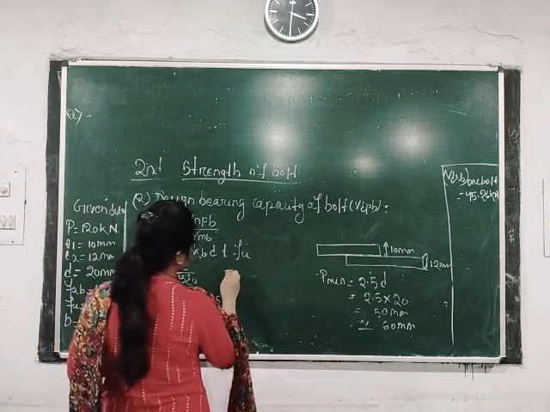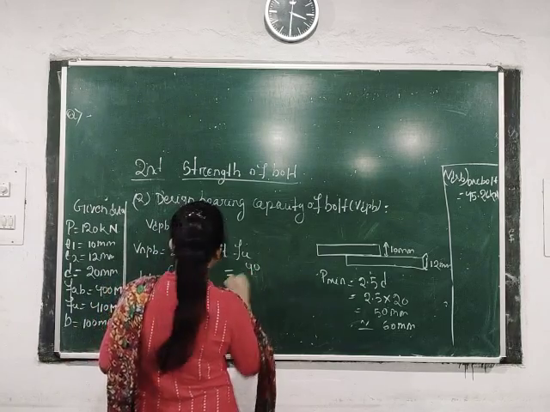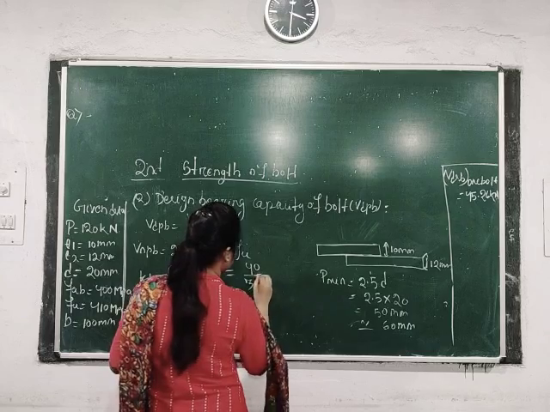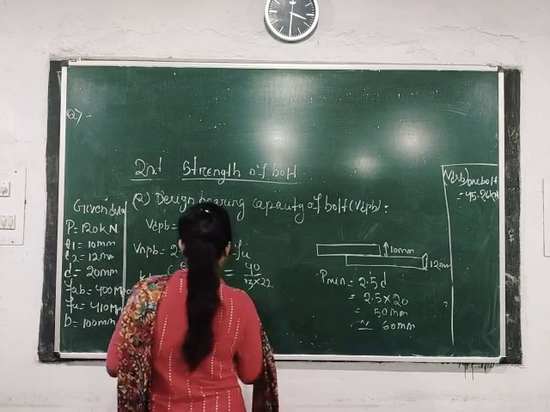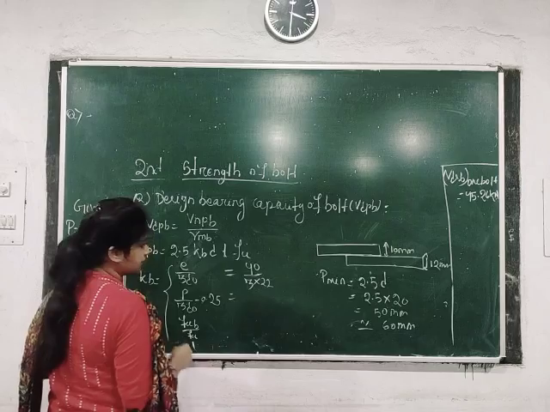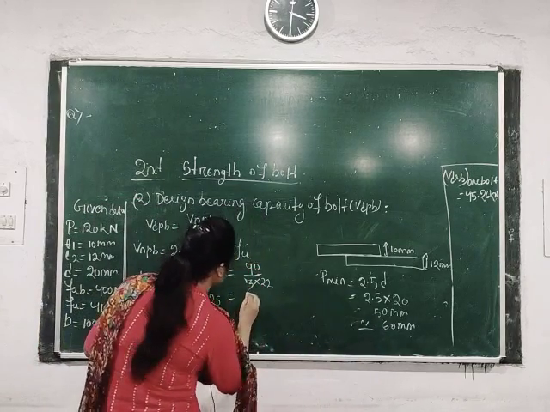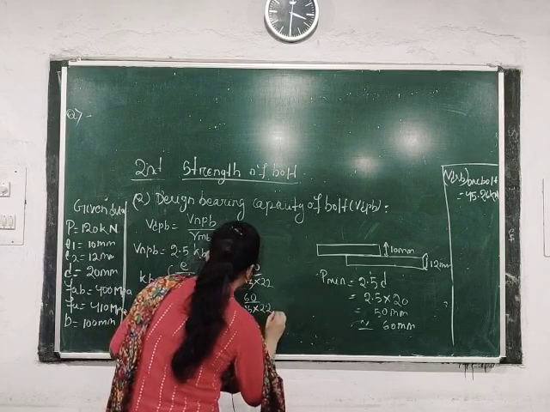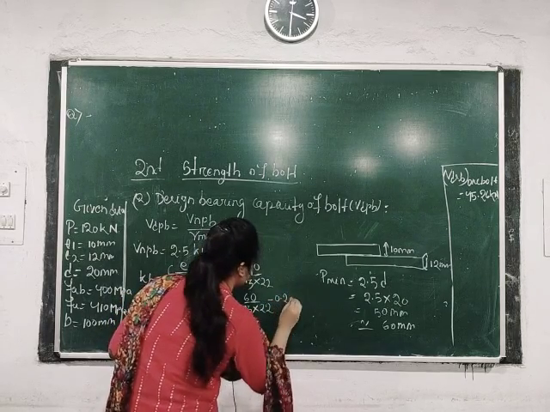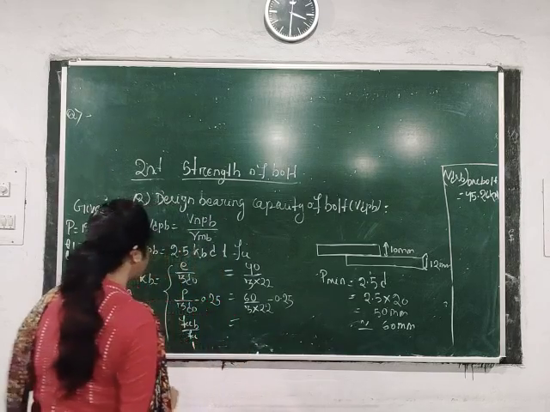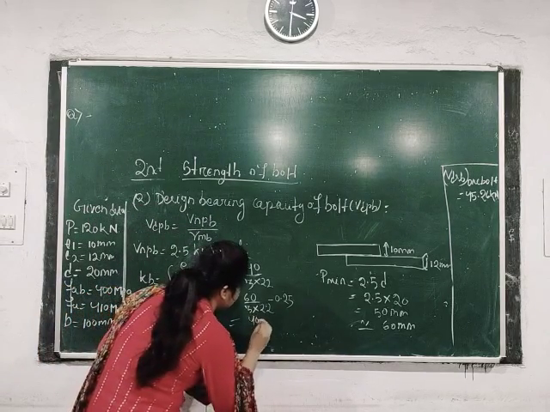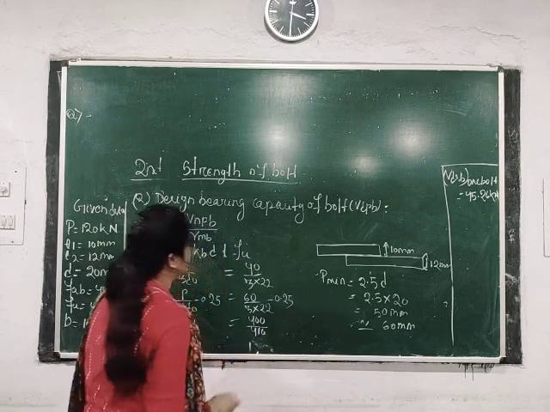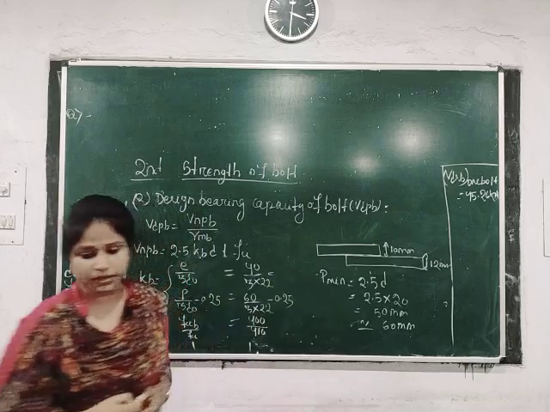So the end distance that I am taking is 40 mm, divided by 3 into D naught, that is 22 mm. Then next P, I am taking 60 mm: 60 divided by 3 into 22, minus 0.25. Then fub by fu: fub is 400, fu is 410, then 1. Okay, so these values are coming